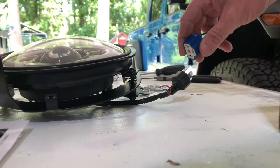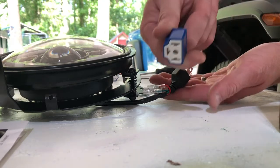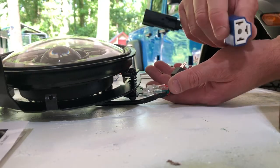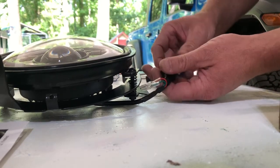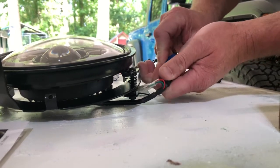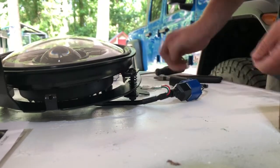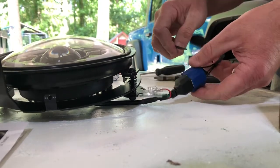Now, hopefully y'all going to be able to see this. But we're going to take this little harness that came with our headlamp brackets, not the one that came with the headlamps, but the ones that came with our brackets. And we're going to plug them together, and yes, they are tight. But even though they're tight, we're still going to take one of these fancy little zip ties, the old cheapo Harbor Freight zip ties,